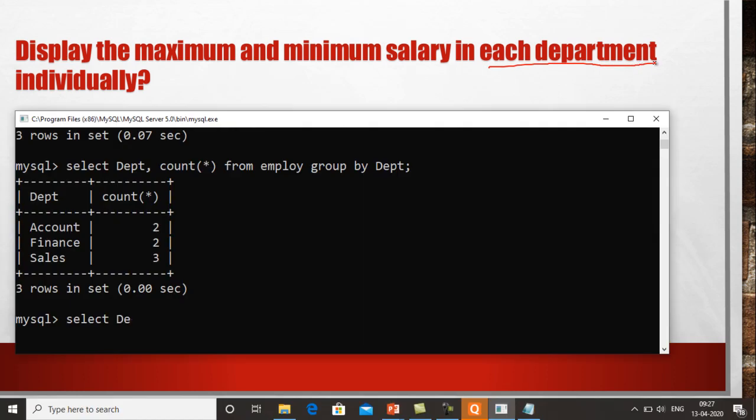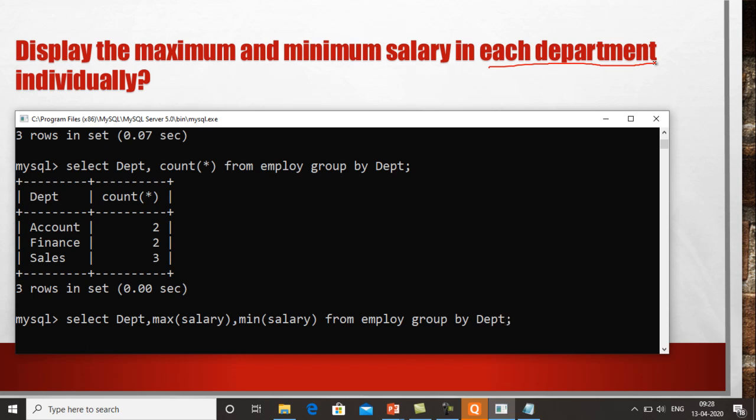So as I told you earlier, you have to put the field name as department, comma, then max salary, comma, min salary from employee group by